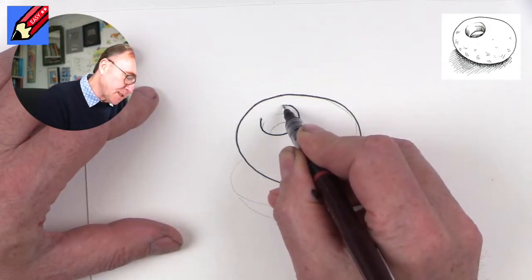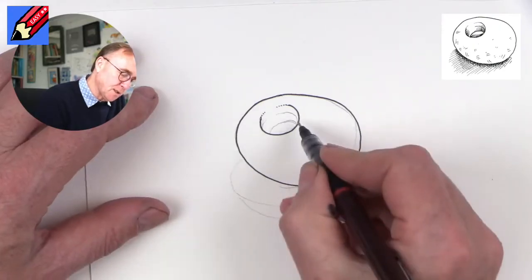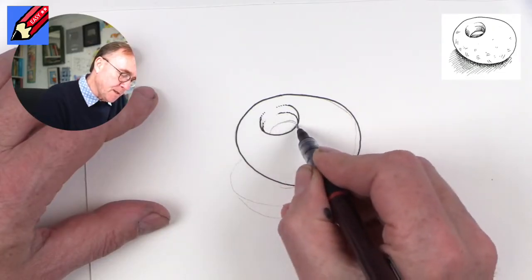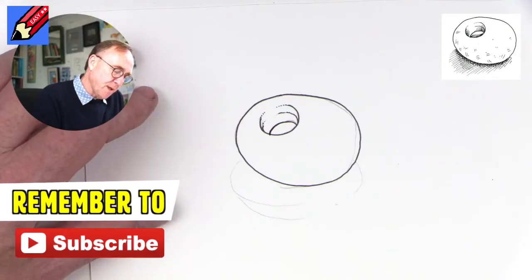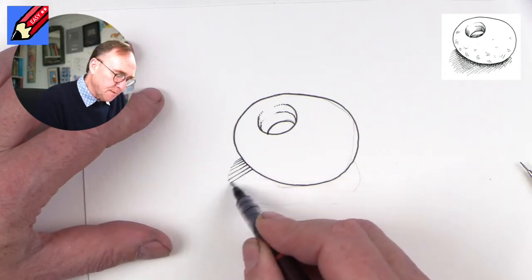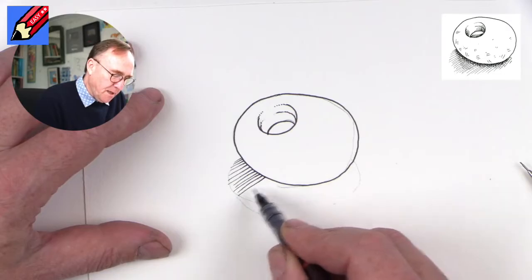And when you get to there, just kind of dot it away, and there, let that dot away. And this too will kind of dot away around there. And then this is the bottom of the stone there. And then we can start sort of putting in this shadow and just kind of work your way along,